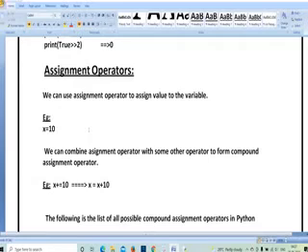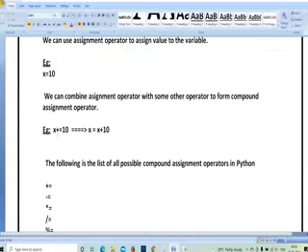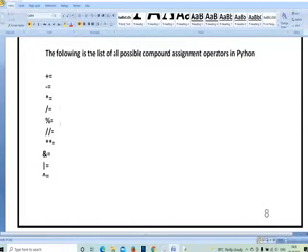Assignment operator means whatever the input you get, we are going to perform the assignment operation on that input, meaning x is equal to x plus 10 or x is equal to x minus 10, like that we are going to perform the task. By default, to perform an assignment operator, you have to give an initial value, like c is equal to c plus 5. To perform assignment operators, these are the symbols you are going to use: plus equal to, minus equal to, star equal to. These are all the things it is going to support.